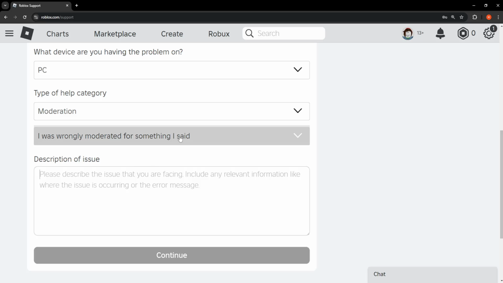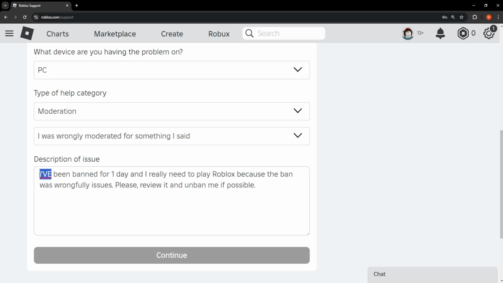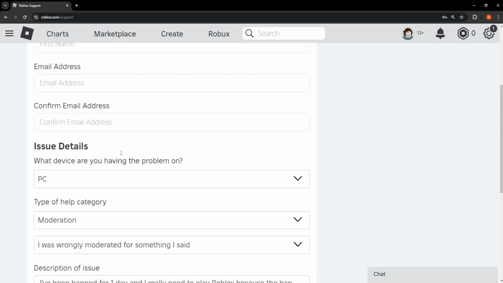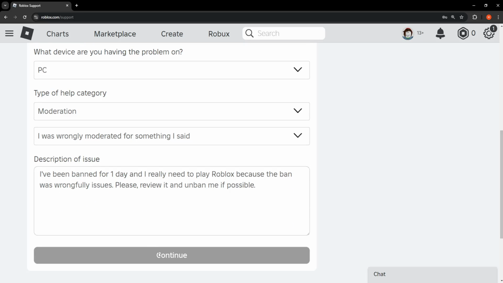something that I said. And we will explain that I've been banned for 1 day and I really need to play Roblox because the ban was wrongfully issued. Please review it and unban me if possible. Something along those lines. Obviously you can write this in a better way, and you can explain your issue. And then after, if we have input our email address here, we can just click on continue,